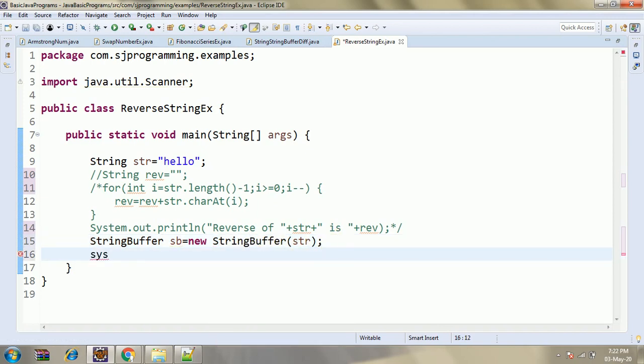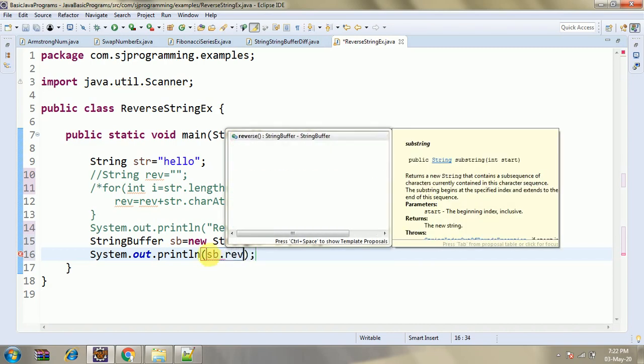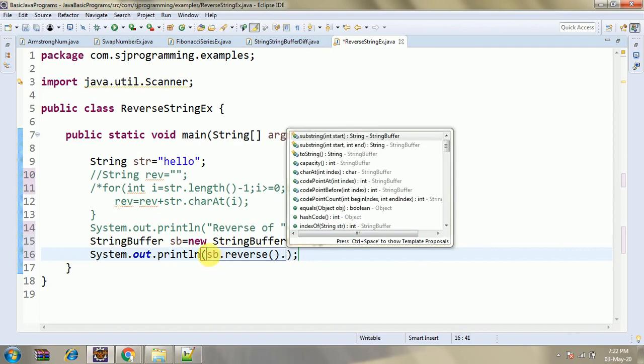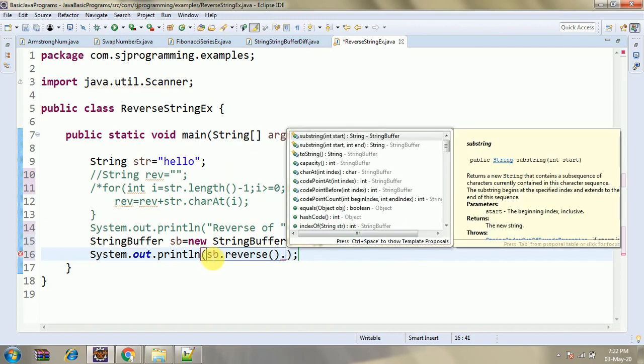In the StringBuffer class we already have a reverse method. So in System.out.println we will write sb dot reverse. Then we have to convert this back to a string.